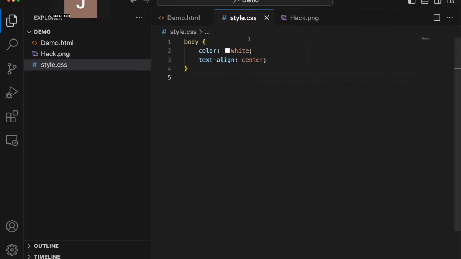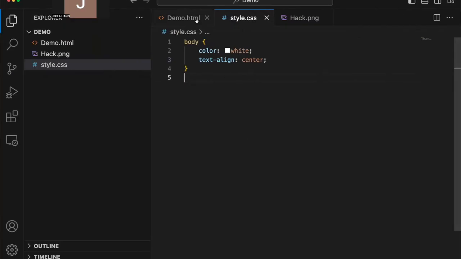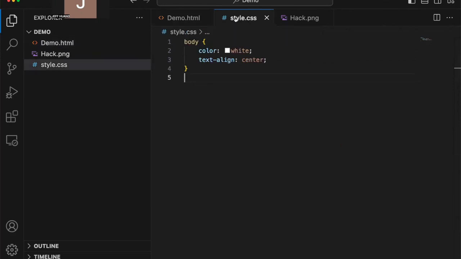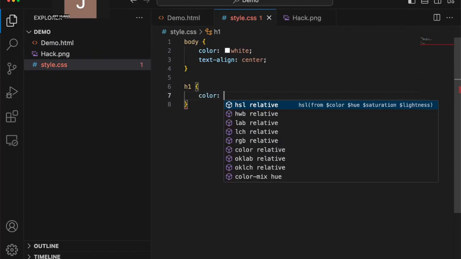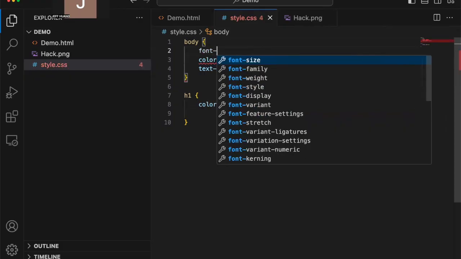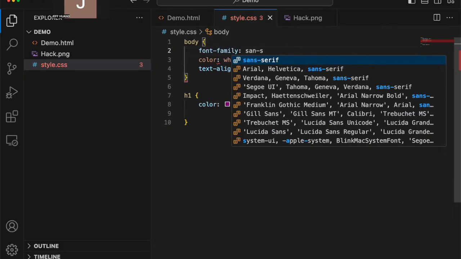Actually, I need to link it first, but you can just write it first. You can also change H1. So let's change the color to be purple. We can change the font as well. So here we can do font-family. We can do sans-serif.